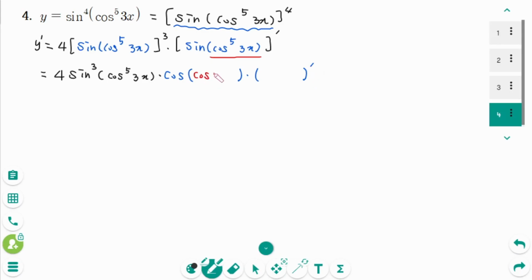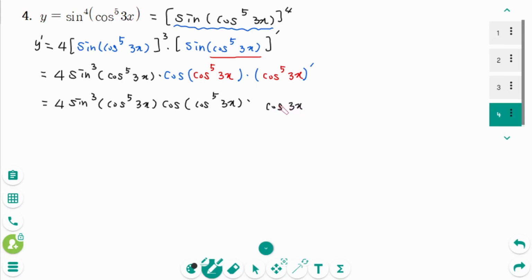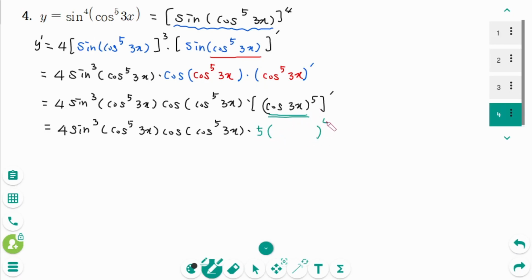Keep the inner function cosine to the power of 5 of 3x, equals 4 sine cubed of cosine to the power of 5 of 3x cosine of cosine to the power of 5 of 3x times, we can rewrite as cosine 3x to the power of 5 then prime, equals 4 sine to the power of 3 of cosine to the power of 5 3x times cosine of cosine to the power of 5 3x times, now u equals cosine of 3x, so u to the power of 5 prime equals 5u to the power of 4 times u prime, then u is cosine 3x